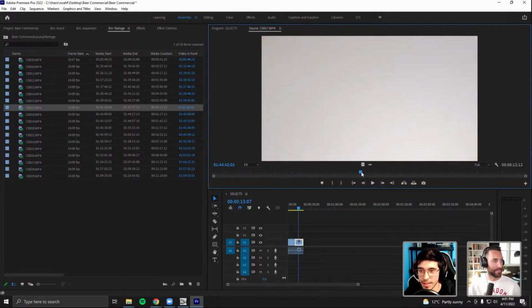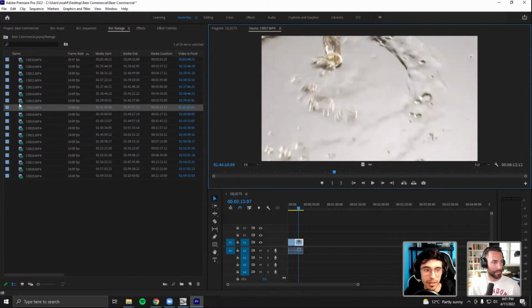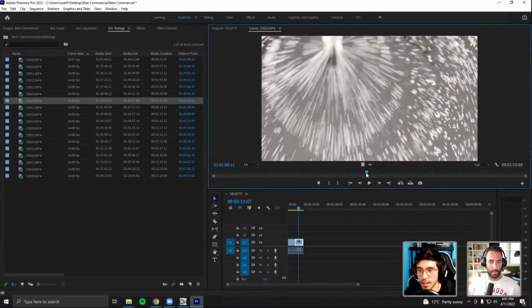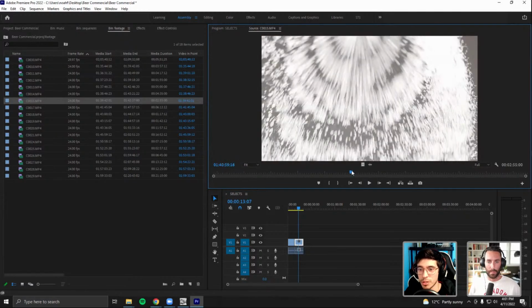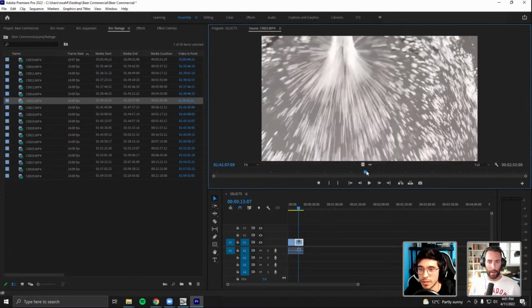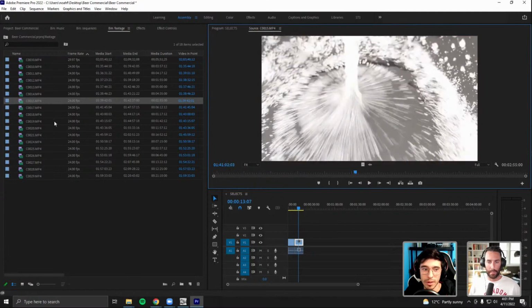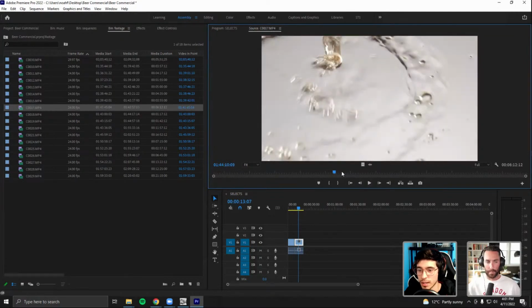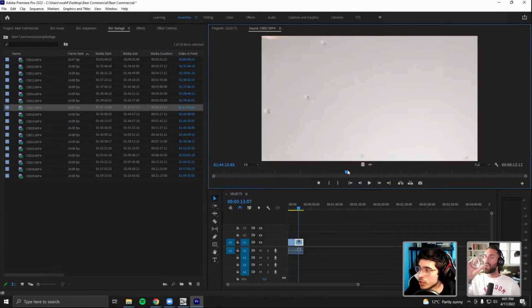But this was more like what I wanted, because if we look at the other shot that I had here, this was too bubbly, too many bubbles. I was like, what's going on here? You couldn't really tell what's going on. So I redid it again. And this was like, you take the shot, watch playback. Are you happy with it? Move on. If you're not, then let's work it until we're happy with it.